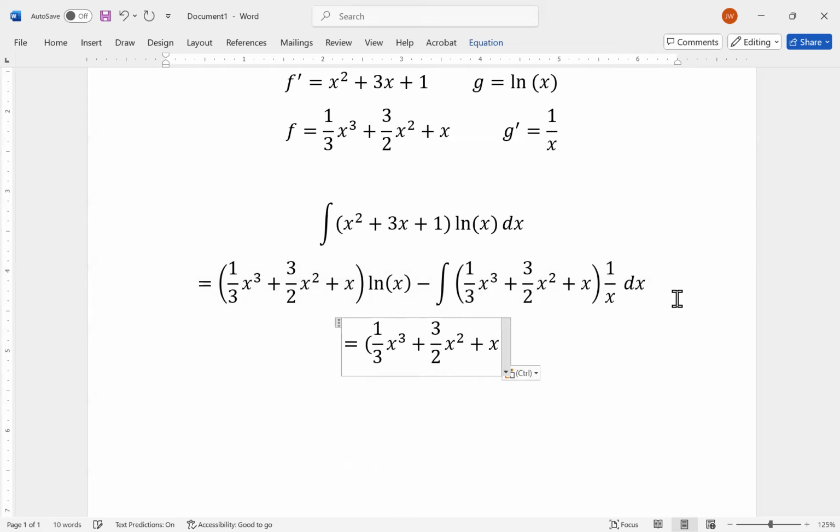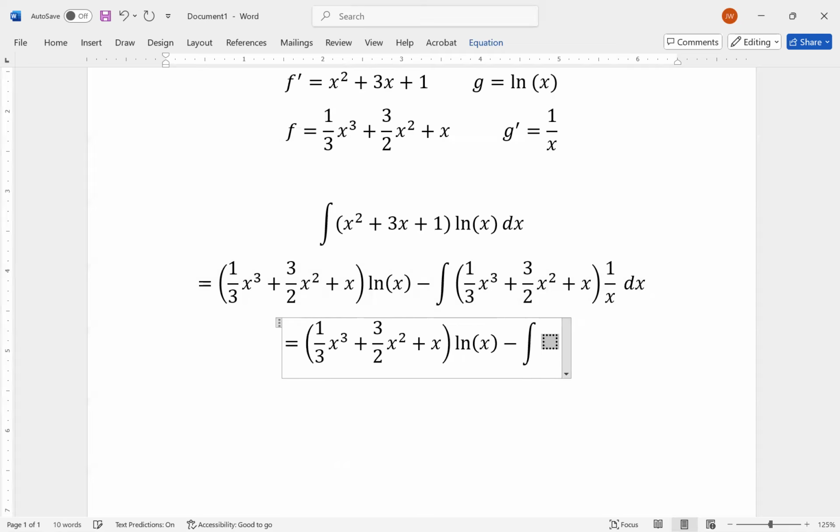In short, it simplifies. When I take 1 over x times x to the third, one of the copies of x is going to cancel with the x in the denominator. And what I'm going to get